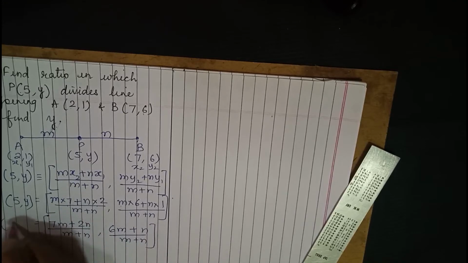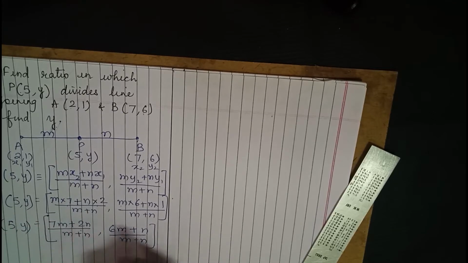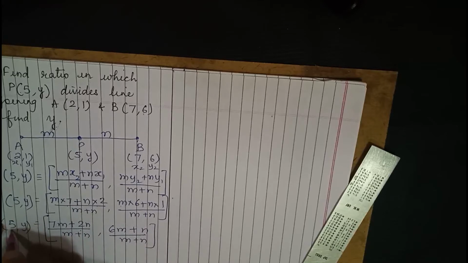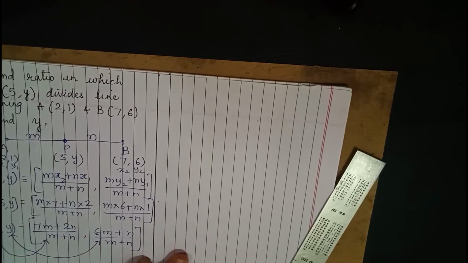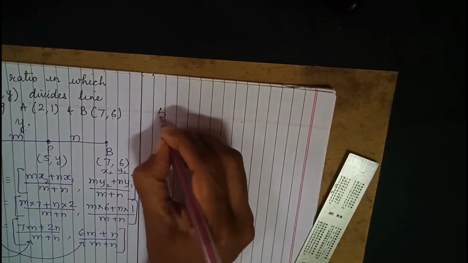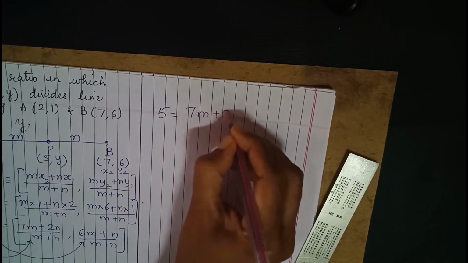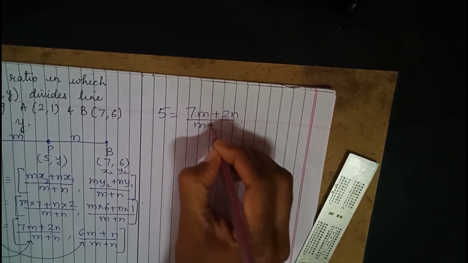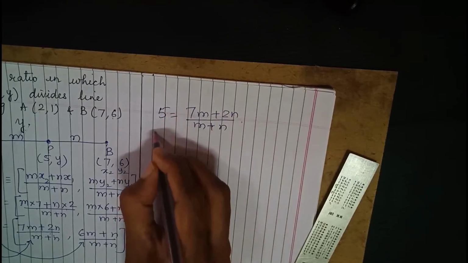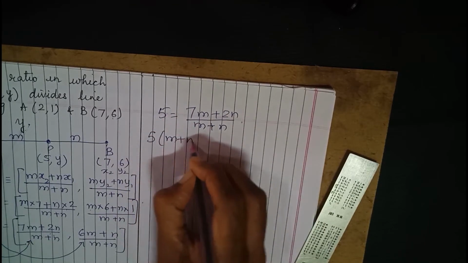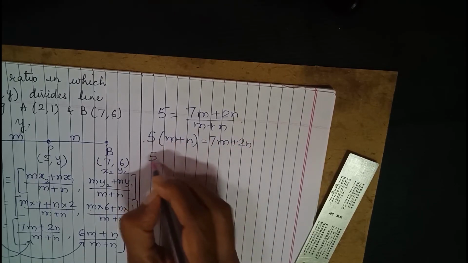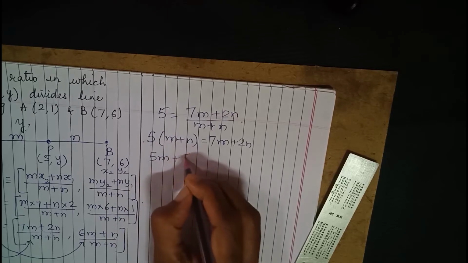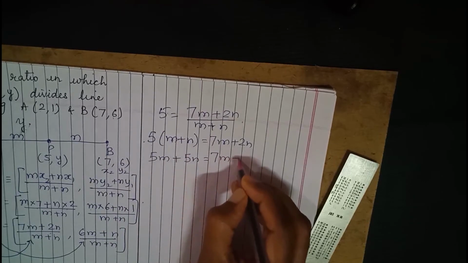So now again, this is the x coordinate, this is the y coordinate. But the x coordinate is already given, 5. So 5 should be equal to this first ratio and y should be equal to the second ratio. So let us solve this now. So we get 5 is equal to (7m plus 2n) upon m plus n. Now we take m plus n this side. So we open the bracket, 5 into m is 5m, 5 into n is 5n, is equal to 7m plus